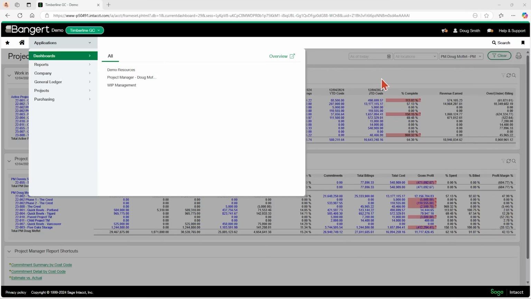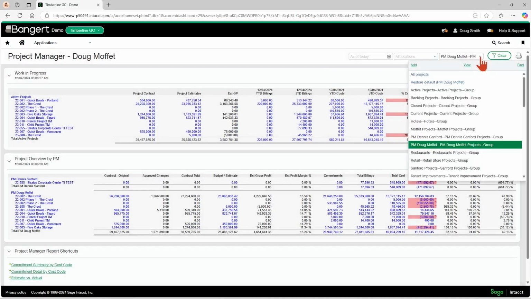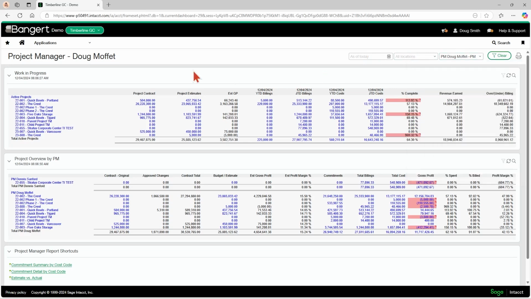And they can then filter for just their projects up here in the project manager groups that you would have set up. Okay. If you want them to only be able to see their projects from the dashboard, then you would not have this filter available and you would need to make specific reports for just them only. Okay, so that's a little bit more of a robust setup. You'd have to reach out to us to talk through that a little more.